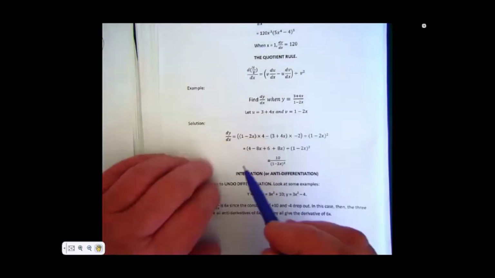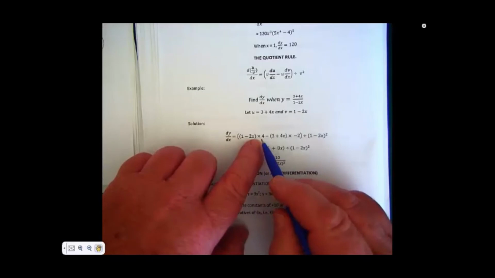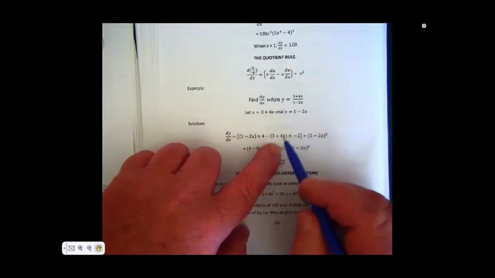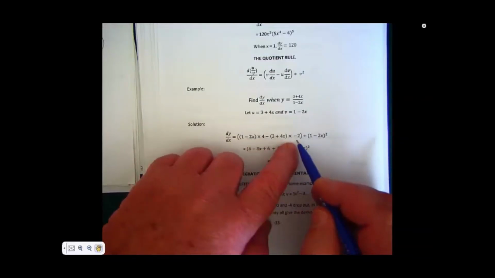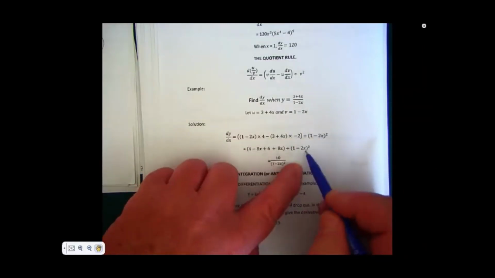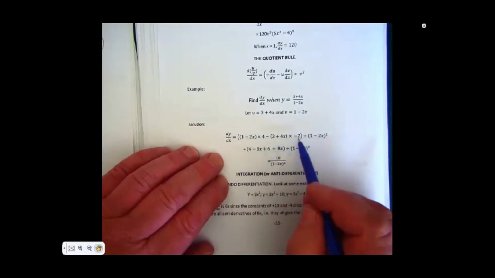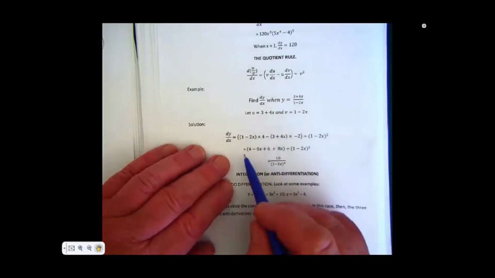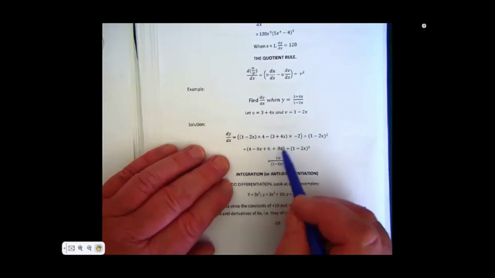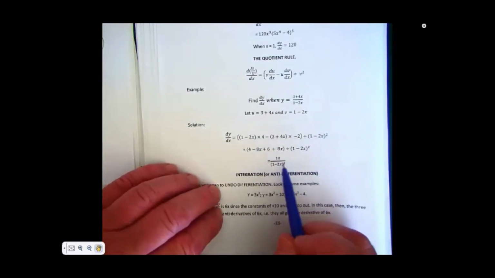So here we go, the solution. v du dx minus u dv dx, all divided by v squared. When you confirm that this is in fact the right term here, you can in fact put these together. So this is going to be 10 minus 8x plus 8x is nothing over this form here, (1 minus 2x) all squared. And I would leave it like